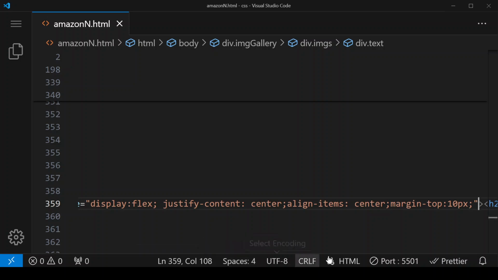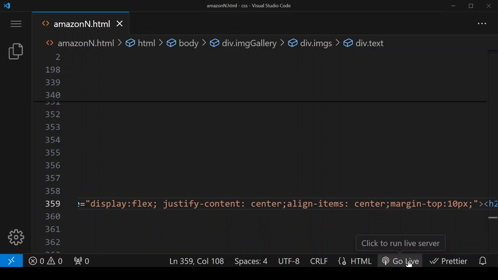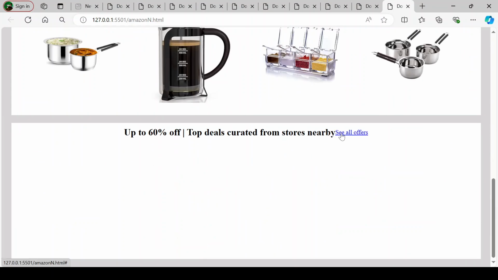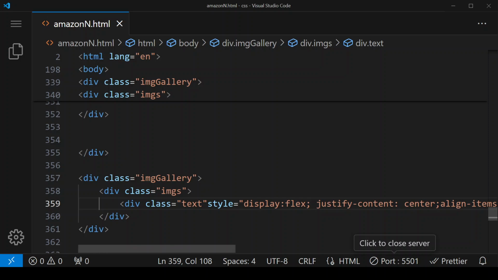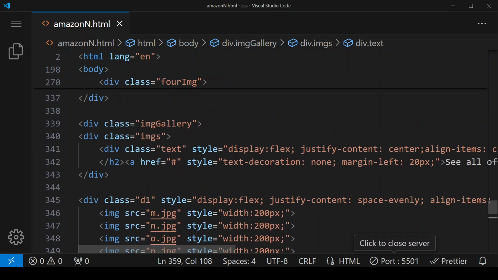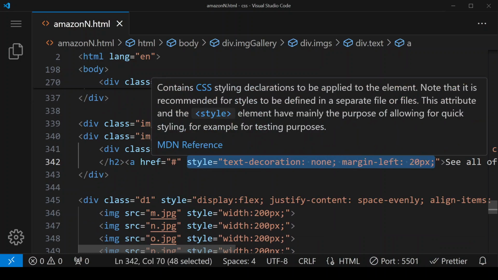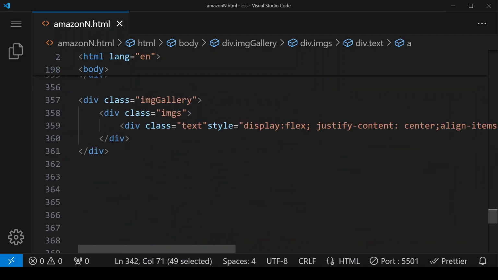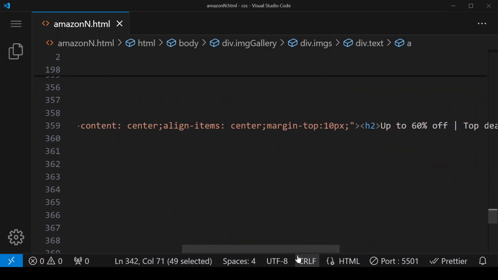Save and refresh. Now we have to remove underline, and we have to give space in between this text and this link. So again we have to do same thing which we have done earlier. So here we are copying the style tag which we give in anchor tag, and we have to put it with our anchor tag.